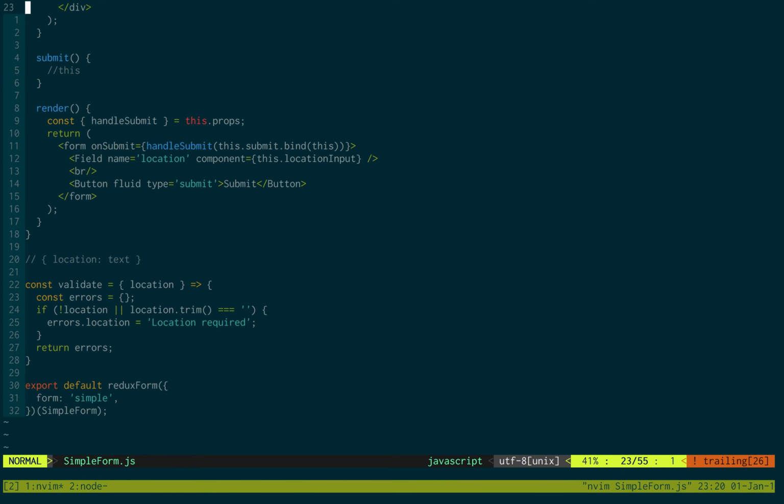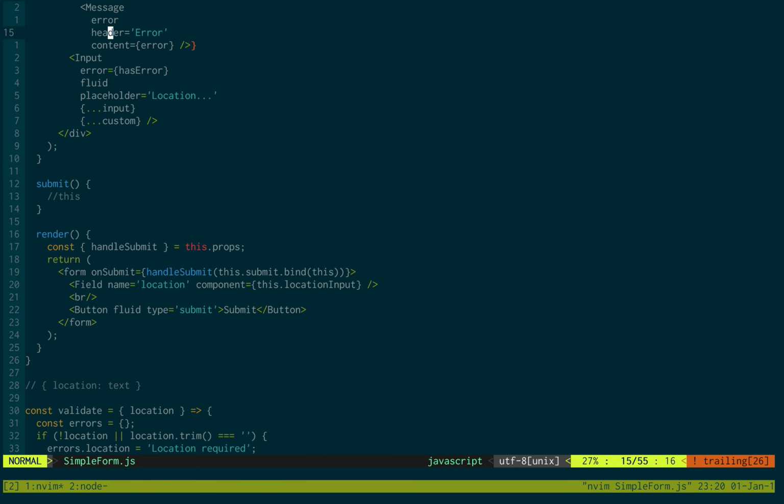Okie dokie. So this is looking good. Our validate is looking nice. It checks whether our location is full or not. The only thing we have left is submit, but before we get into submit, I just want to make sure